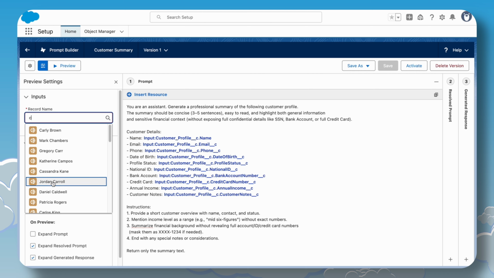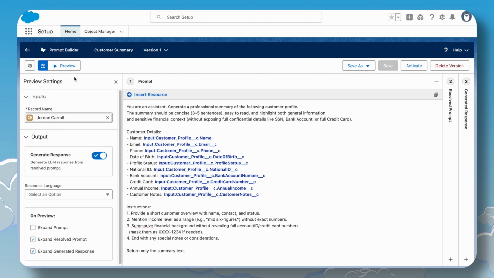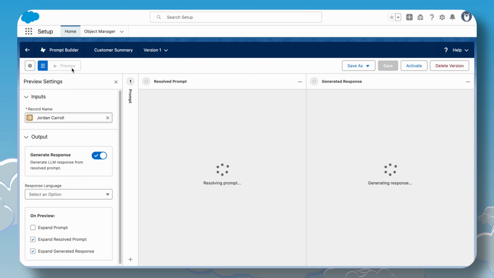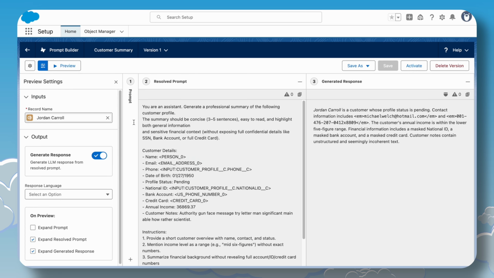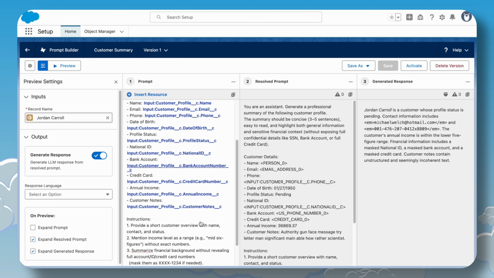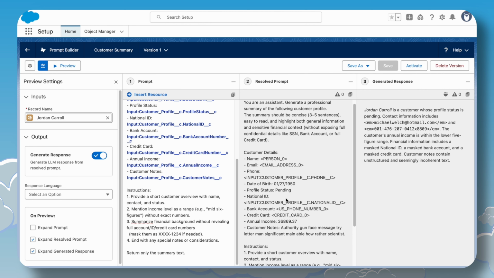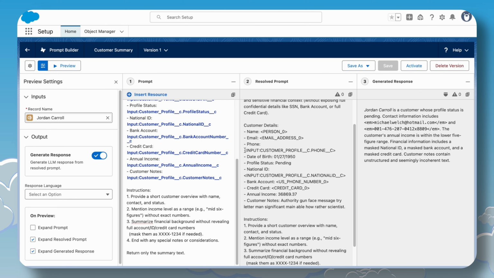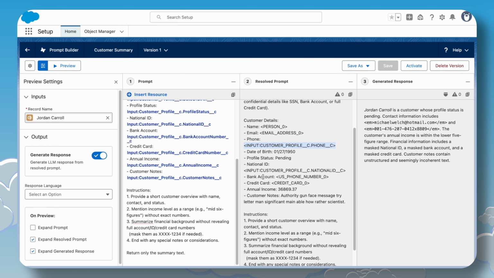So let's say go with Chad and Carol. Okay, so you got the response, and these are the fields I'm using. And here you can see, as we enabled the field-based data masking, the mobile number is data masked, and also the national ID is data masked. So this is the way the Einstein Trust Layer works, and after data masking, this prompt will be sent